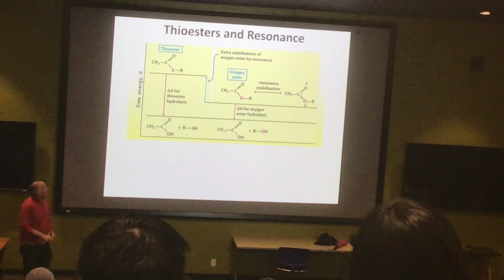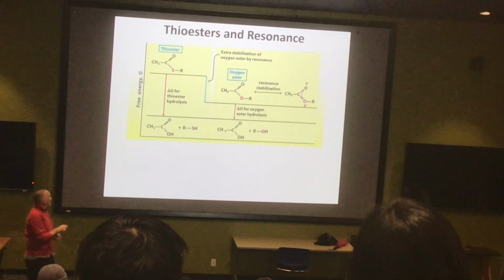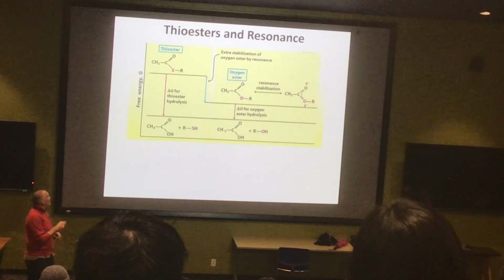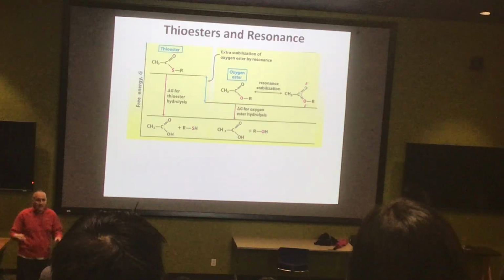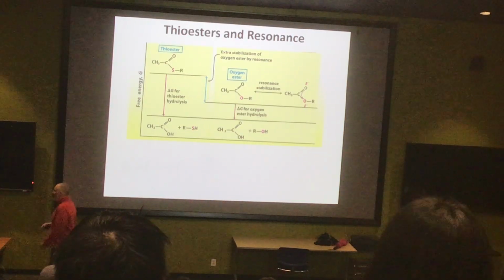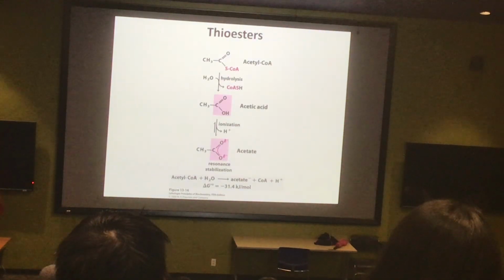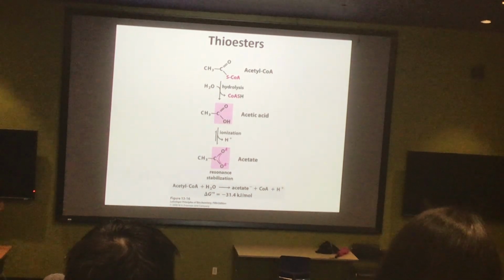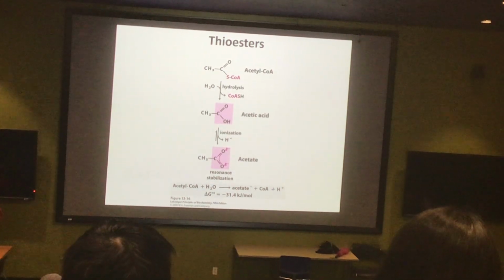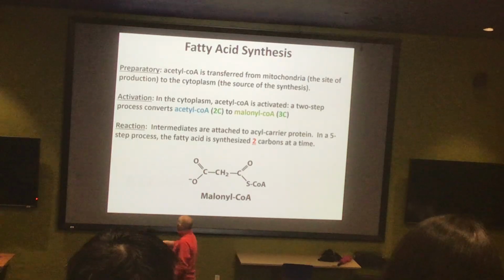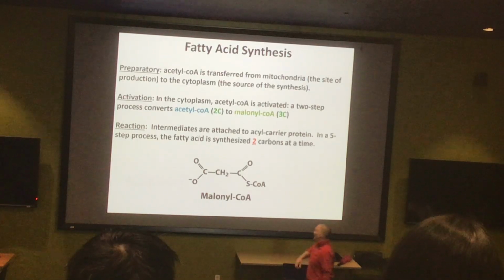Remember why it's critical. Carboxylic acids resonate a lot, esters resonate a little, and thioesters, because of the poor overlap of these orbitals and these orbitals, do not resonate at all, jamming all the electrons therefore into this alkyl group, making that a very high energy molecule. We talked about that quite a bit in class. Keep in mind that is true for all thioesters, not just something magical about the CoA thioester. We'll see other thioesters. Anyway, fatty acid synthesis is going to take place in 3 different phases. We'll look at all 3 of those phases here.